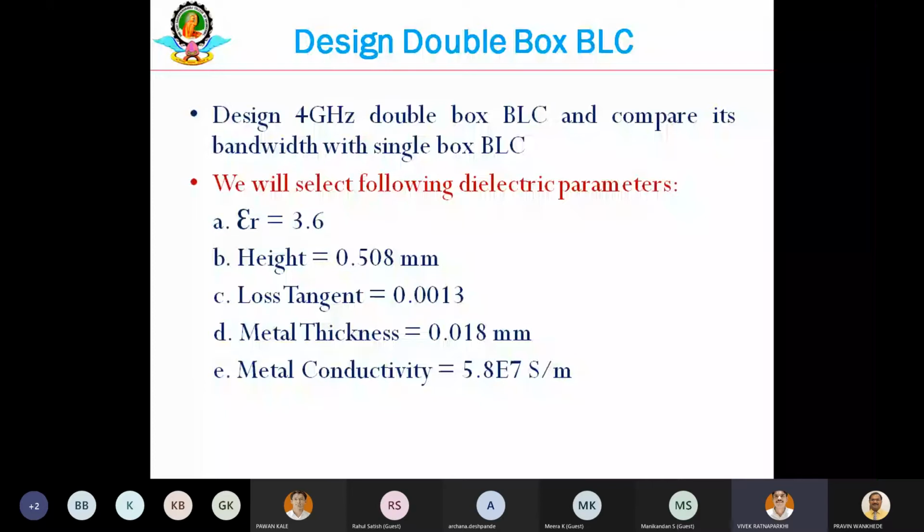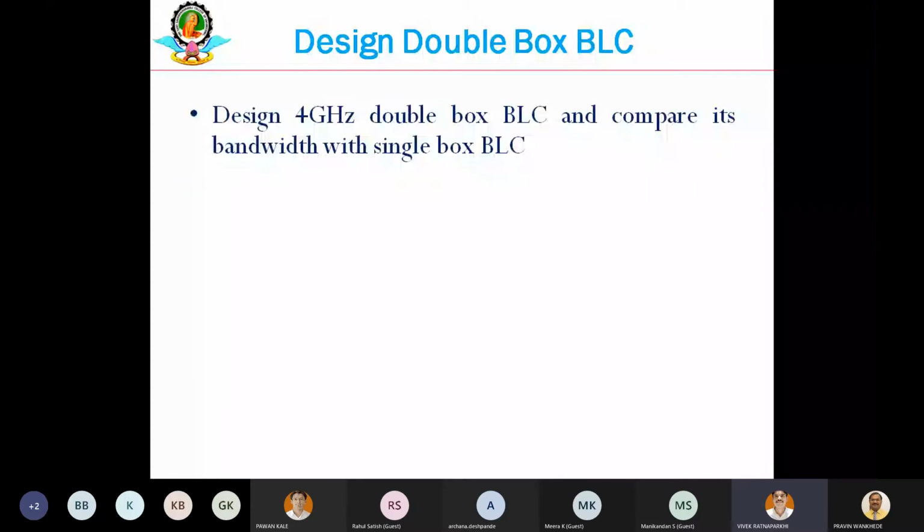What I was telling you, we have done the microstrip coupler as well as lump coupler for 2 gigahertz. For today's session, our first objective is to complete our coupler exercise. And for this, let us have a practice. We will do it for 4 gigahertz so that all of you can get more exposure to the line calc tool available inside the ADS. So we will do a single box coupler at 4 gigahertz, and then we'll make it double box.